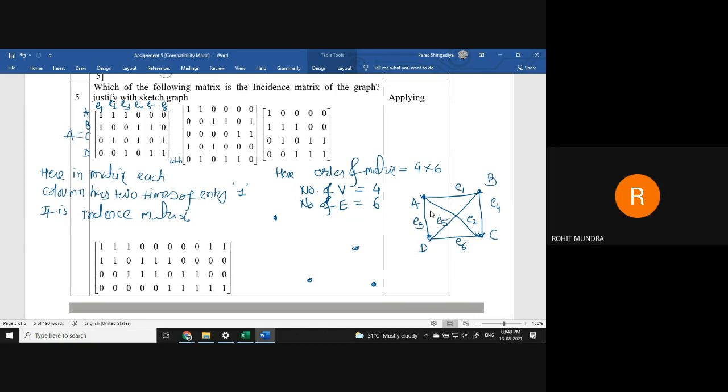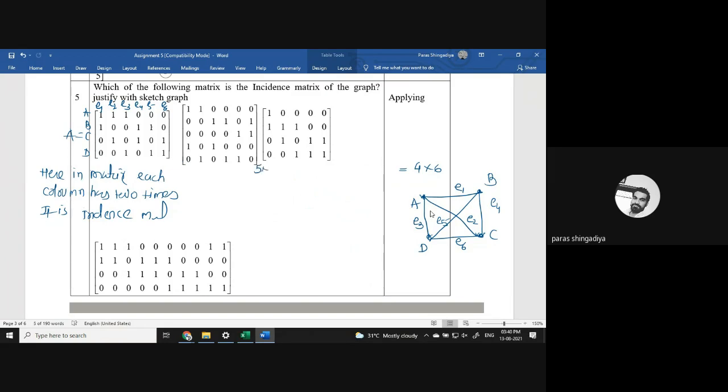Sir, can you explain this graph once again? Yes, let's draw the second matrix graph here. Okay, in this second matrix we have 5 rows and 6 columns, so it is a 5 by 6 matrix. So consider 5 vertices in any form. Okay, you can take any position of these 5 vertices. It is not fixed that you have to mention everything in one shape. You can consider any shape of the graph. Clear? 5 vertices and 6 columns means 6 edges. The graph will contain 6 edges.